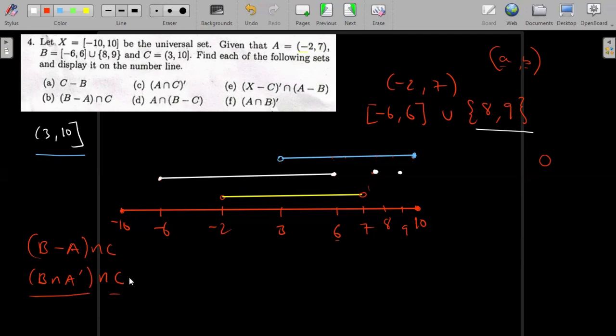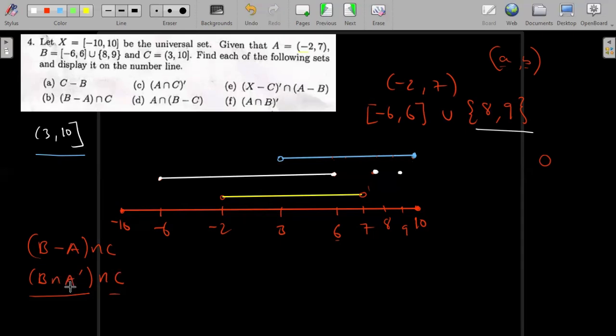And actually, it's easy when you're looking at it from the diagram for you to see what you're trying to find. So you can sketch this B intersect A complement even separately, just to see how it is. But we'll do it on this diagram for the sake of time. So in this diagram now, they're saying B, we already have B, and B is in white. Then they're telling us to